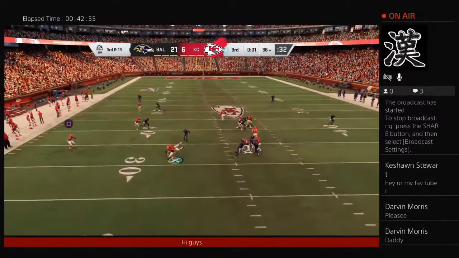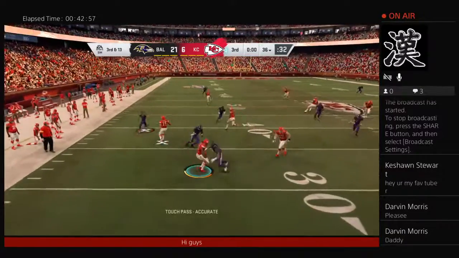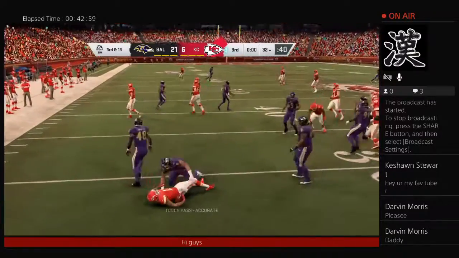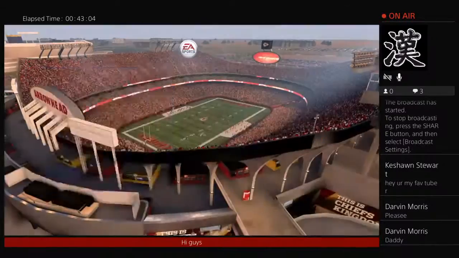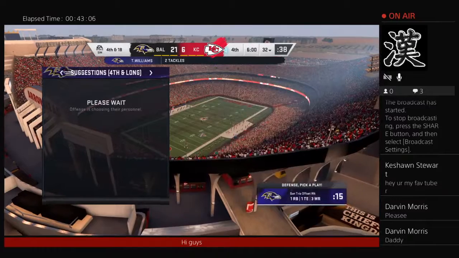Mahomes going to pull it out and keep it himself. Buying time to his left. And he'll lose yardage. Brought down at the 32. We're back now in KC. It's the Chiefs with a...